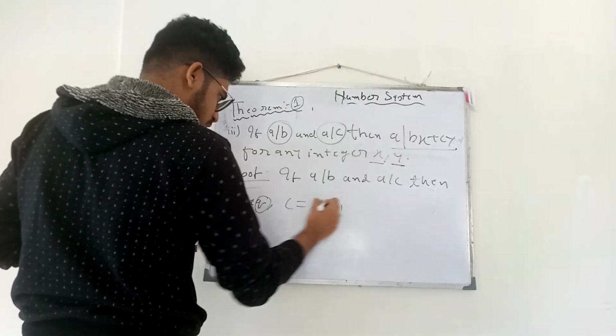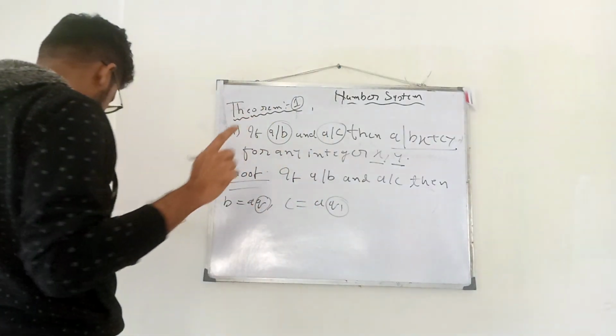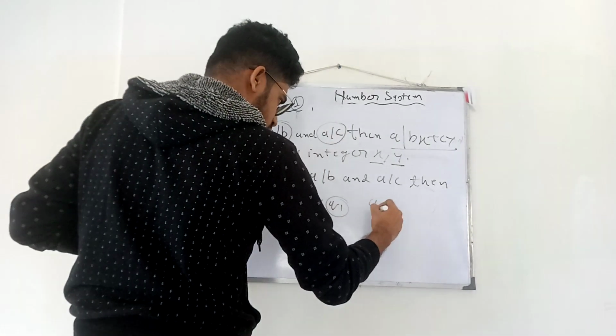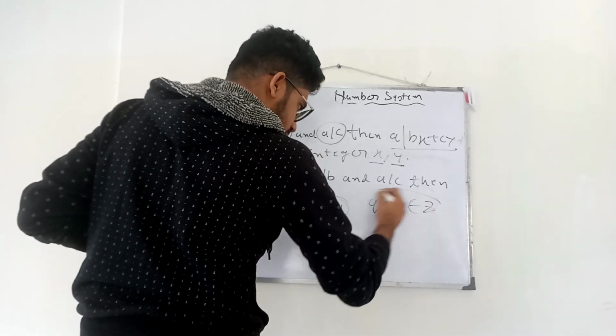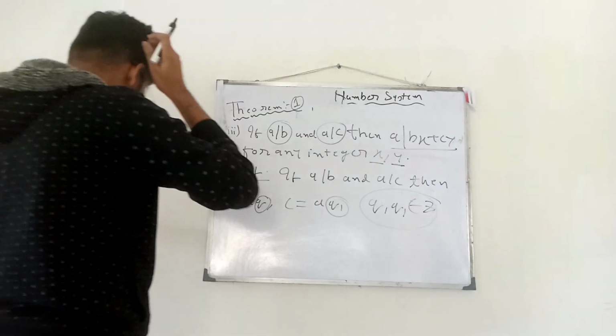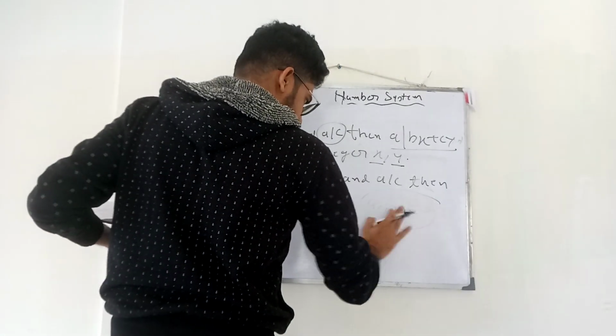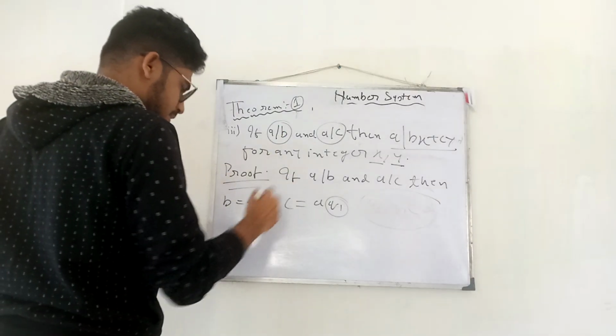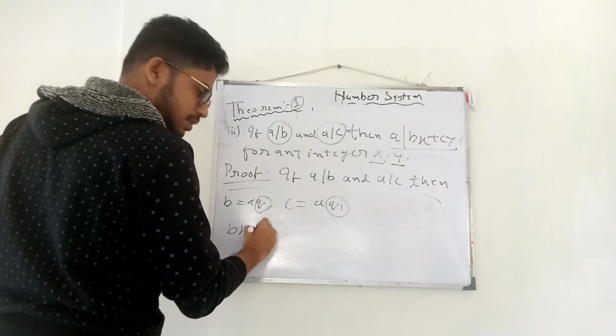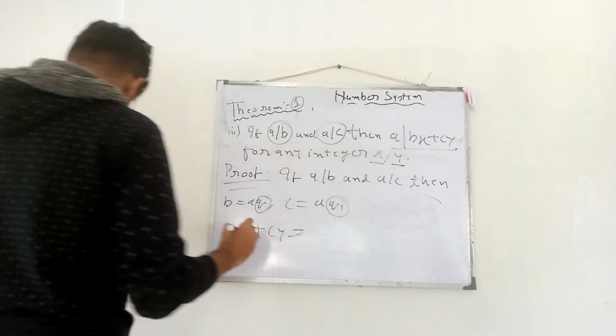Here q and q1 are both integers, and integers we denote with Z. Now bx plus cy equals